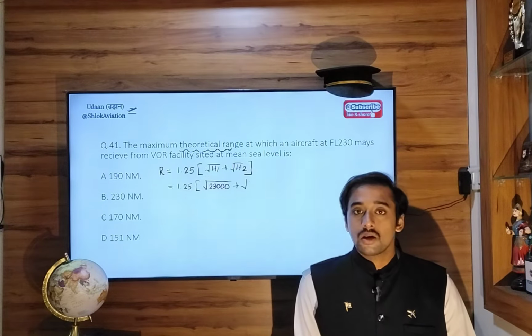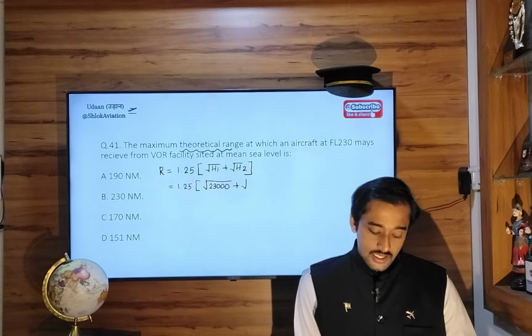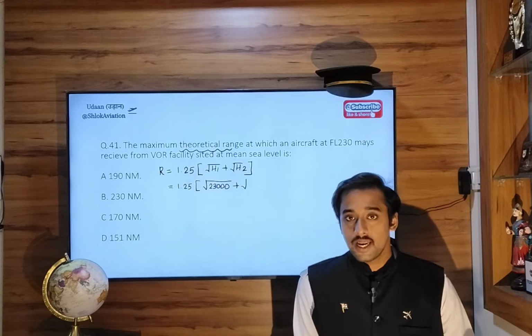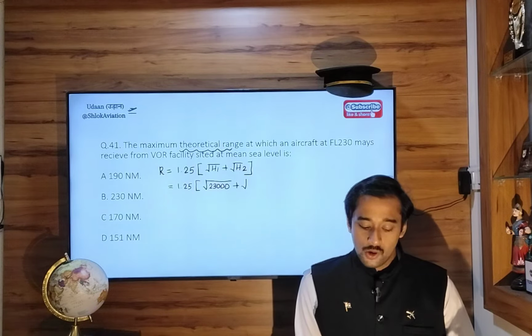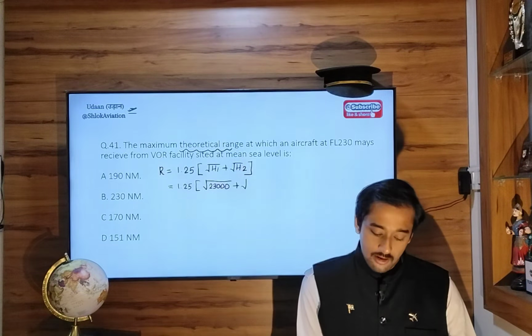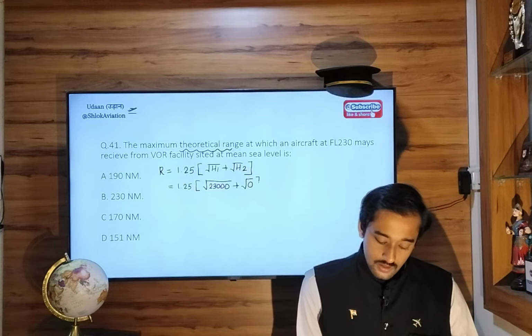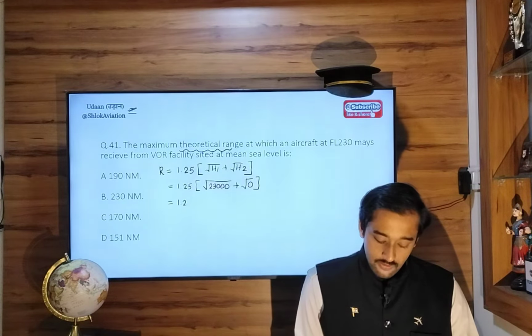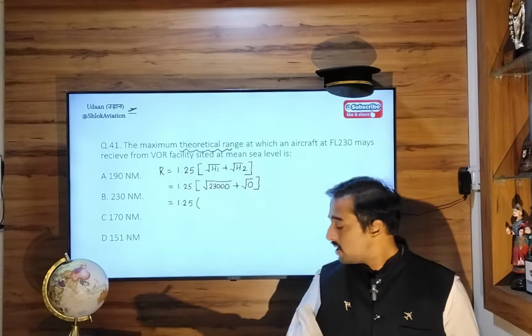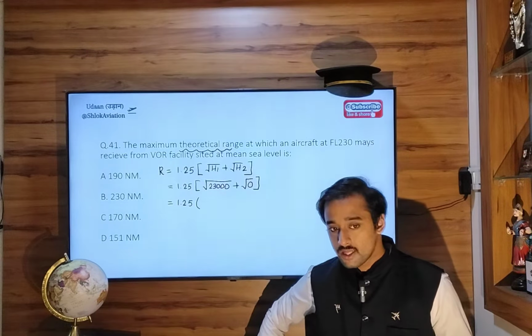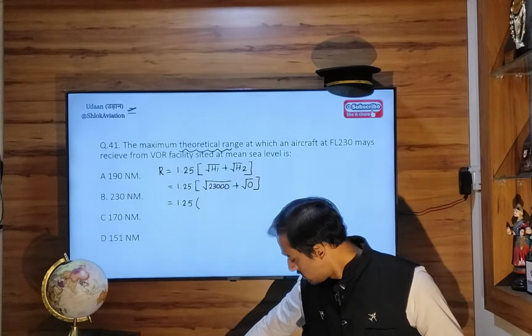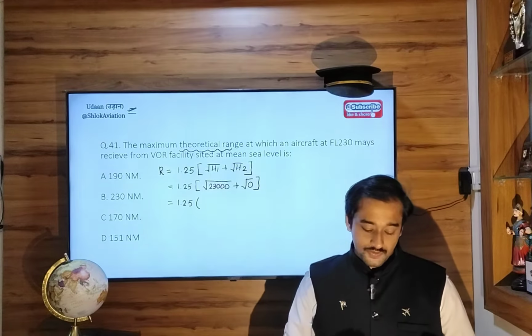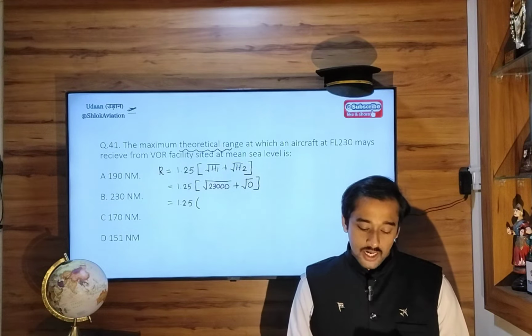At h2, the position, that is the vertical distance of the VOR facility. It is stated that VOR is at mean sea level, so we can put it as 0. So 1.25 into square root of 23,000. So square root of 23,000 is, using your scientific calculator,